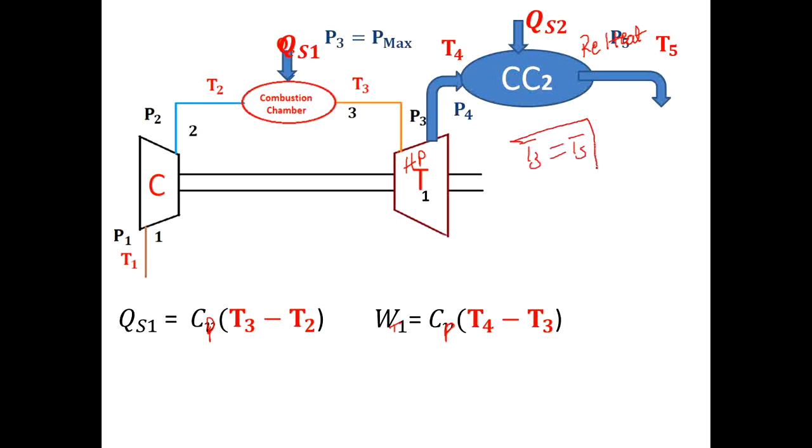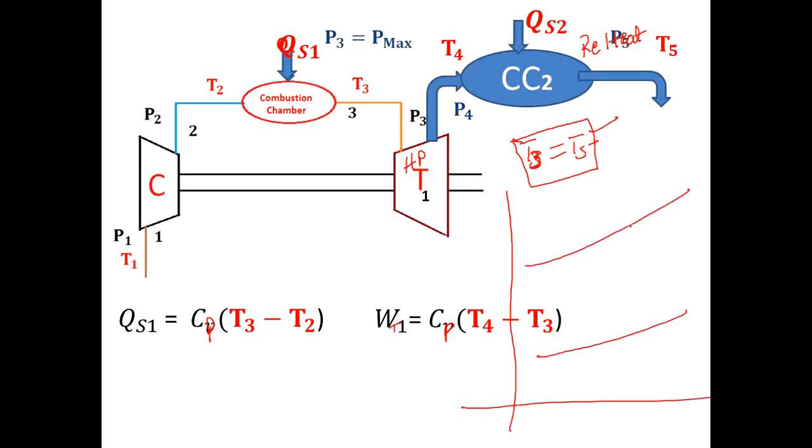In the problem also they won't give this. You want to remember this as T3 is equal to T5. How will it rise? Let me tell you. This is the rise. When it is dropped to the intermediate pressure, the temperature will be raised to the same value, that is T3 and T5.